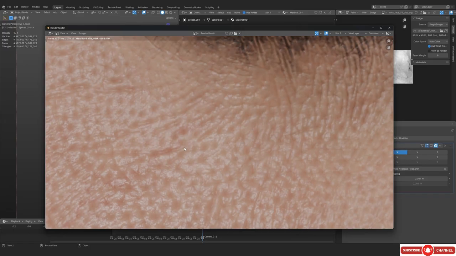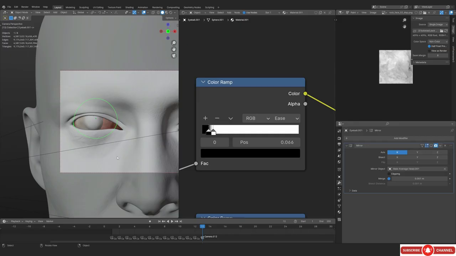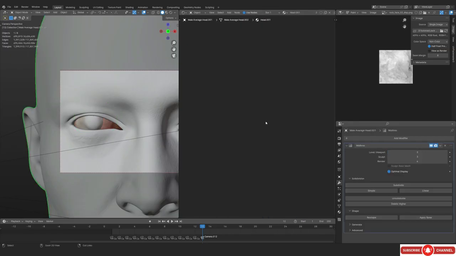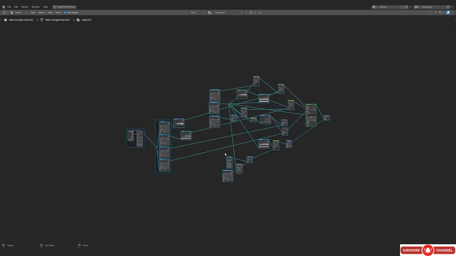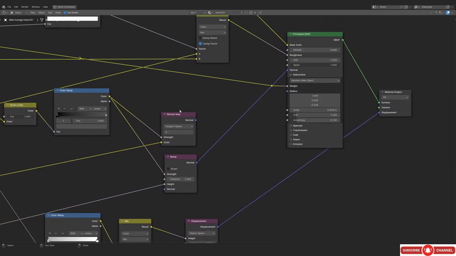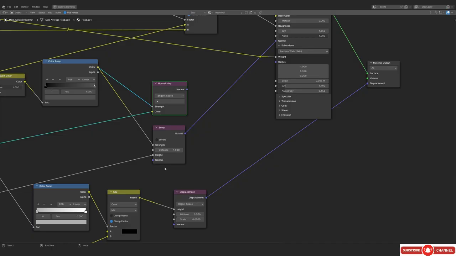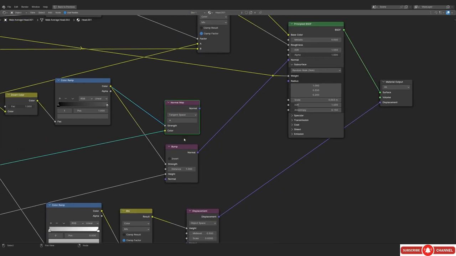But you can see the skin. At least the skin is looking pretty nice, right? I really hope that it does look good to you as well, because otherwise, what would be the point of creating this course, you know? So yeah, this is the node setup, and we have this going on over here. I don't even remember which node I'm talking about. I think this is the skin setup.